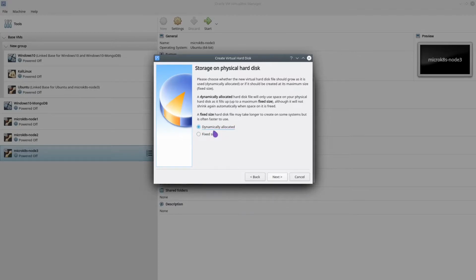So this disk file will expand as we use the virtual machine, and with fixed size it will create the entire disk. Let's say we have selected 12 GB of storage, so it will create the 12 GB file on the disk immediately. So let's go ahead with the dynamically allocated option,